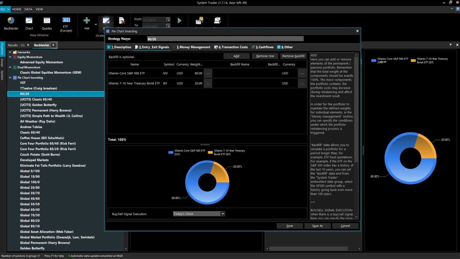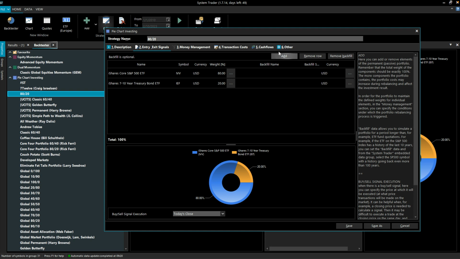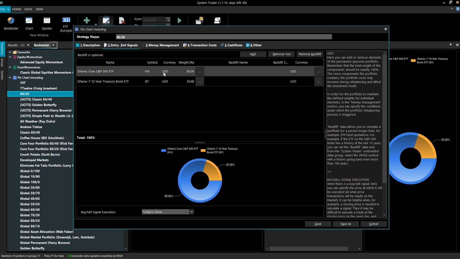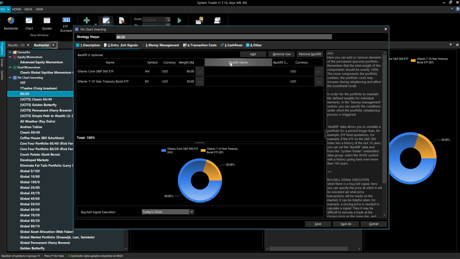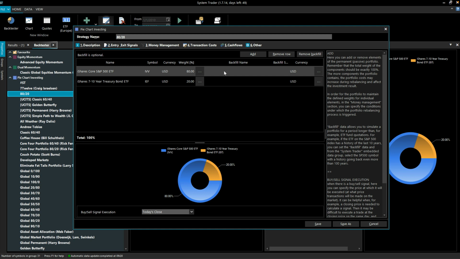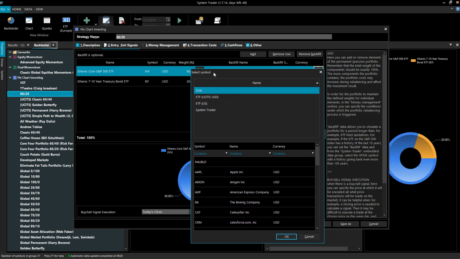We see, let's make it a bit wider, we see that we have these two ETFs here, but we can also add so-called backfill data, which means that even if an ETF is only covering the last 20 years, we can use built-in reference data in the application, which goes much further than the ETF would allow us. So click on these three dots here, and you see